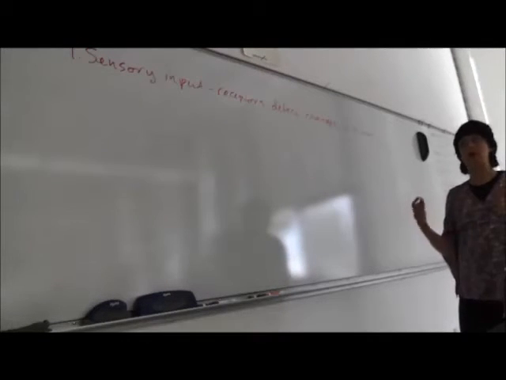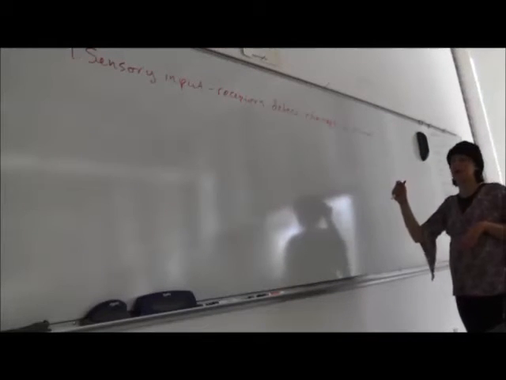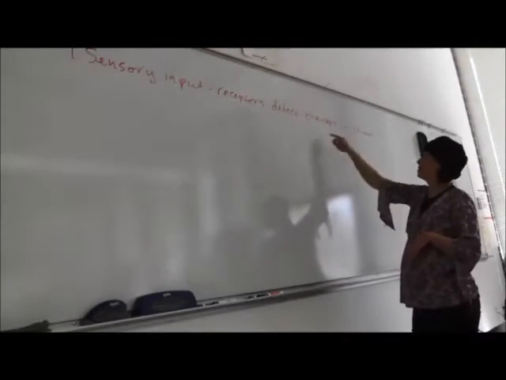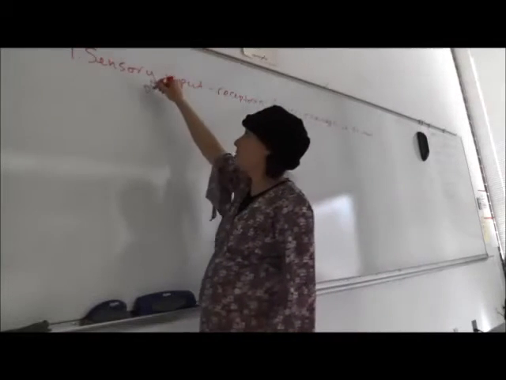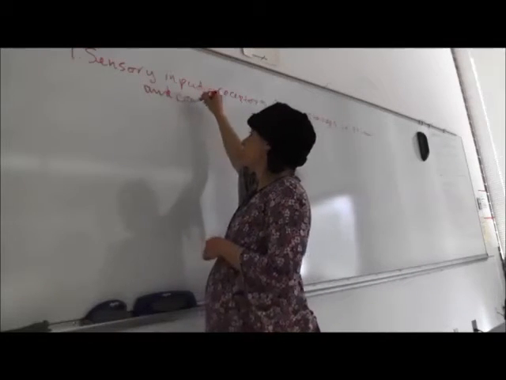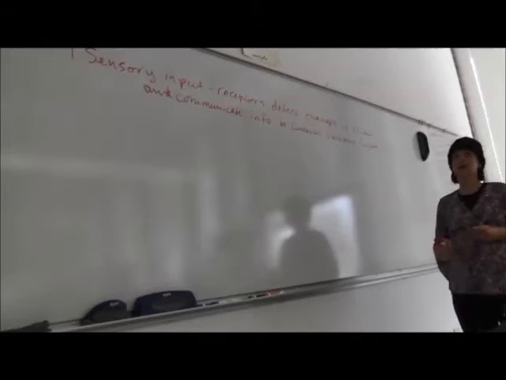We'll talk in general about receptors today, but what we can say for this first function of the central nervous system is that we have receptors that are going to detect changes in stimuli and communicate the information to the central nervous system. So that's our first function, is having these receptors that are detecting changes and communicating it back to the central